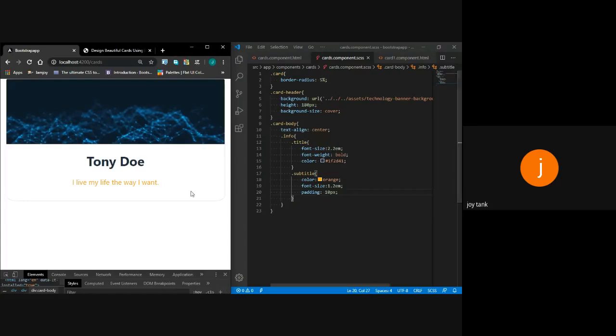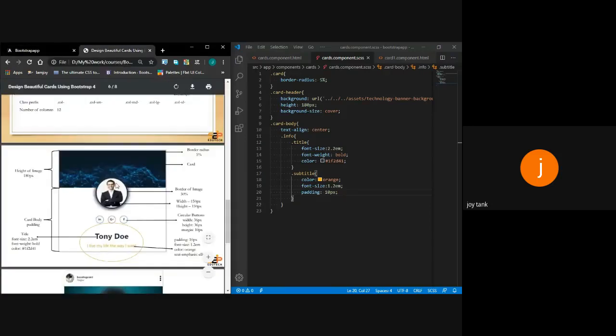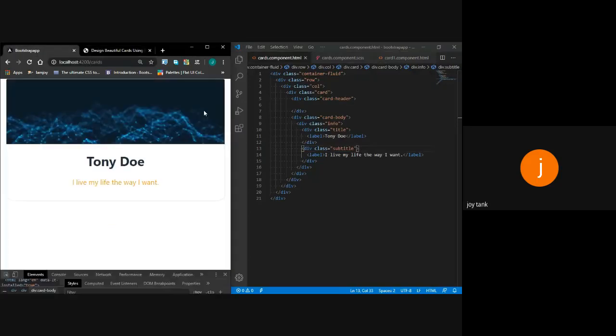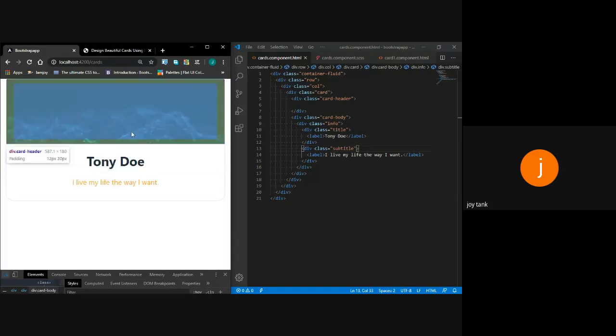Now I want my image to appear here in the center like this. So I will go in HTML. About this whole info container, I want my image to appear here.